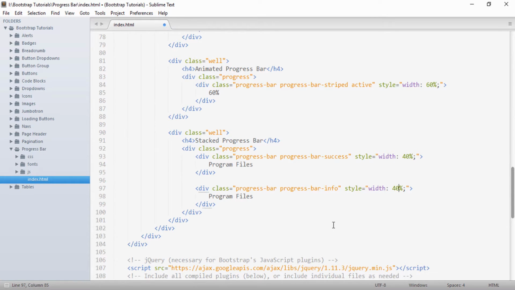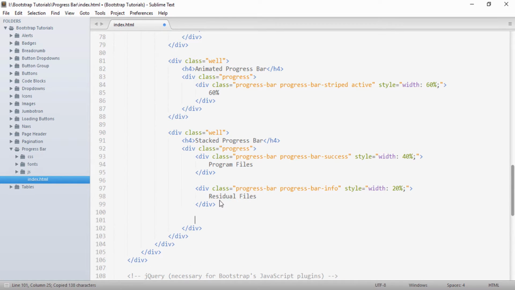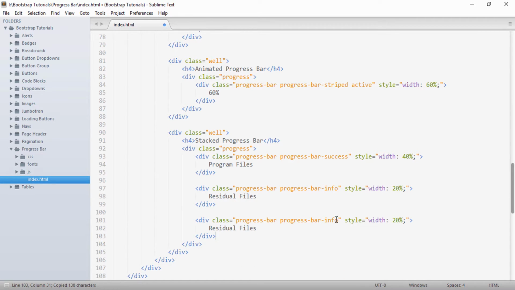Let's say I give width as 20, and here I give say residual files. I will copy this and paste it here, and I give a class as danger.